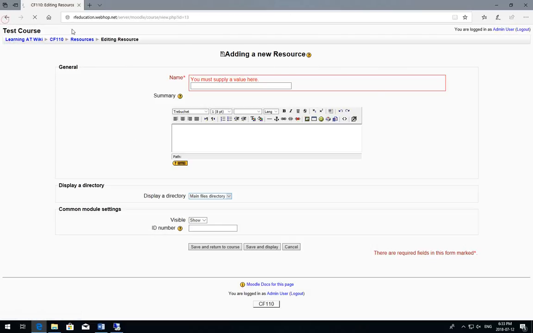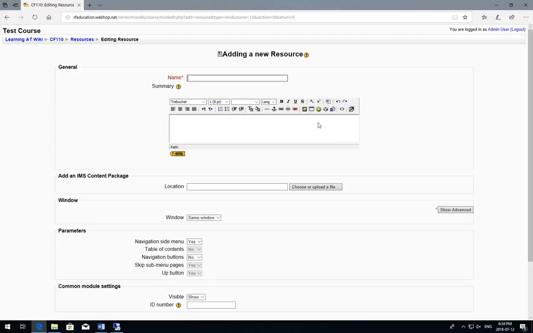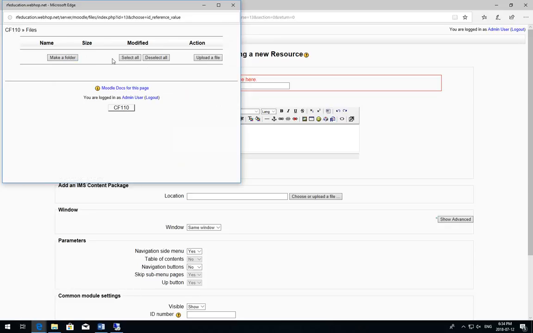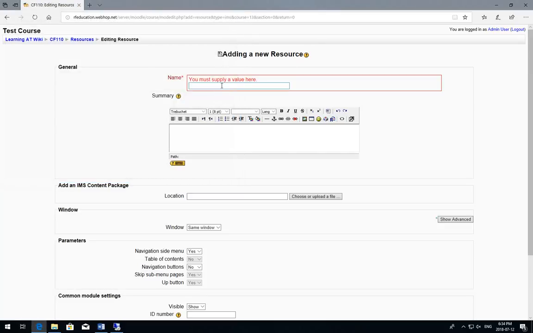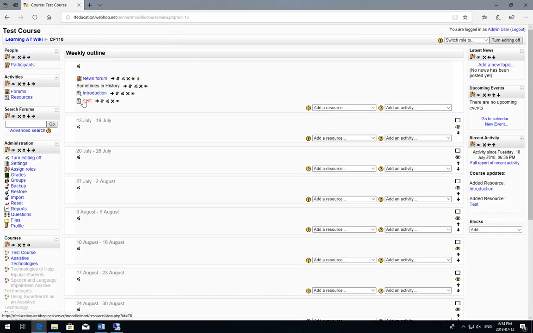Okay, now we're just going to go back here one more time. Now that we've gone back here, we also have the option to do the IMS content package. Okay, IMS content package is kind of like an instant message package. We can upload it from a file if we want to, and upload this file. So once you've put what you want in the IMS package, you go ahead and hit save and return, and then that IMS package, when the user clicks on it,